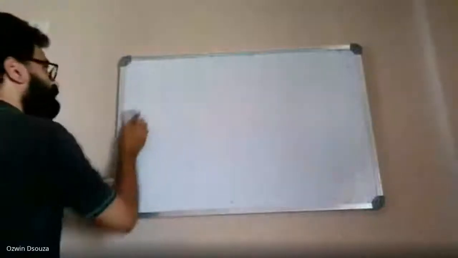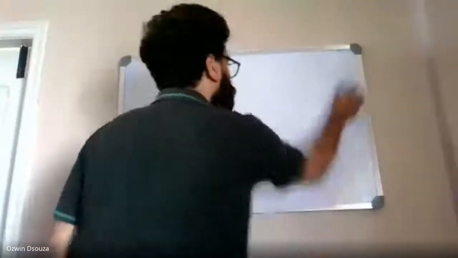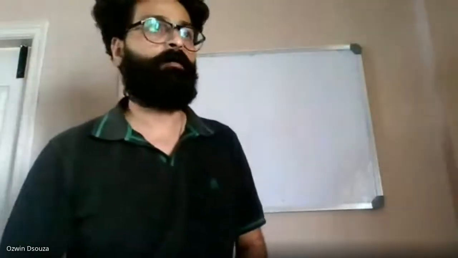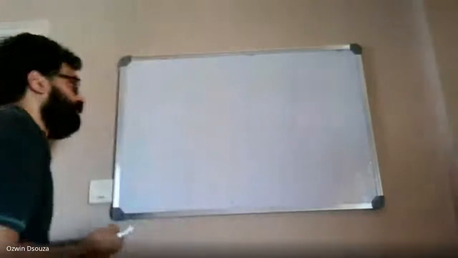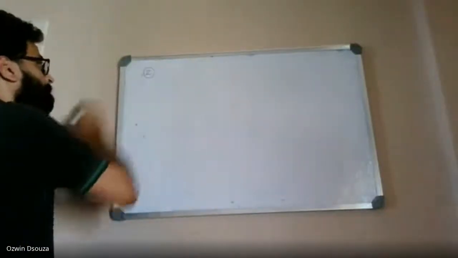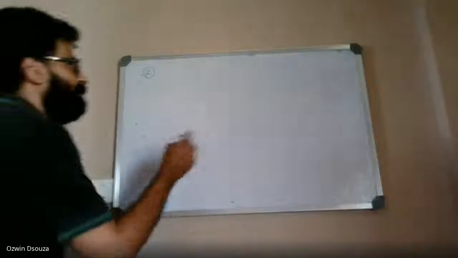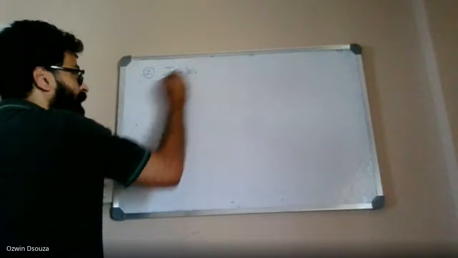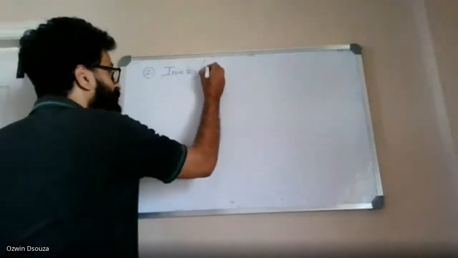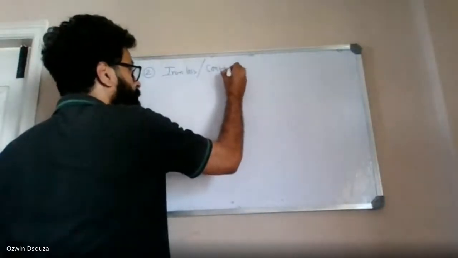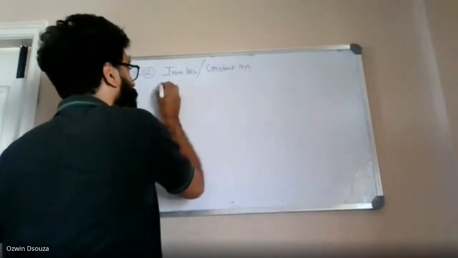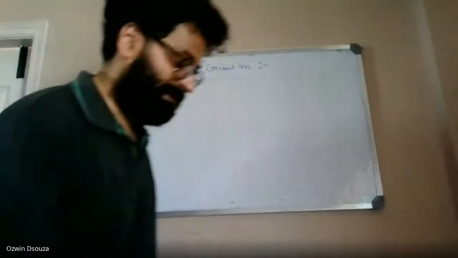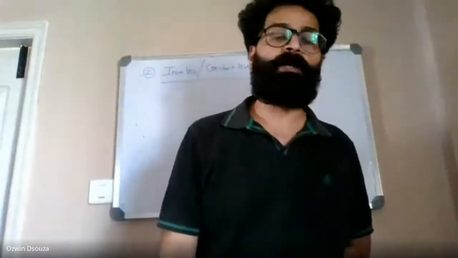So we are done with the copper loss discussion. Sometimes copper loss is also called winding loss. It's one and the same: copper loss or winding loss. The second constituent, power constituent, let's study, that is iron loss. Iron loss, which is also called constant loss. Iron loss or constant loss. Okay, I forgot to mention this. Copper loss is also called variable loss.